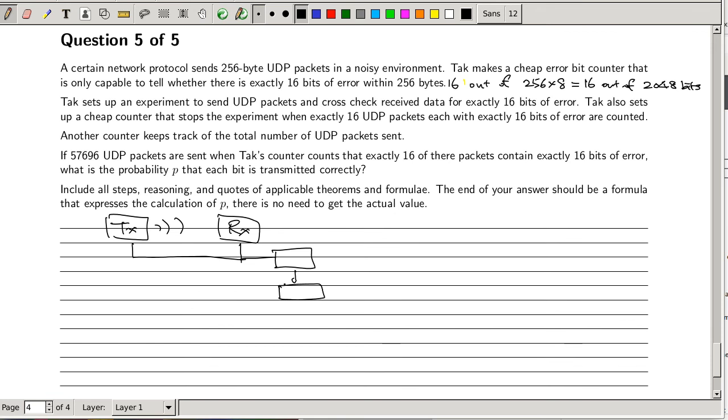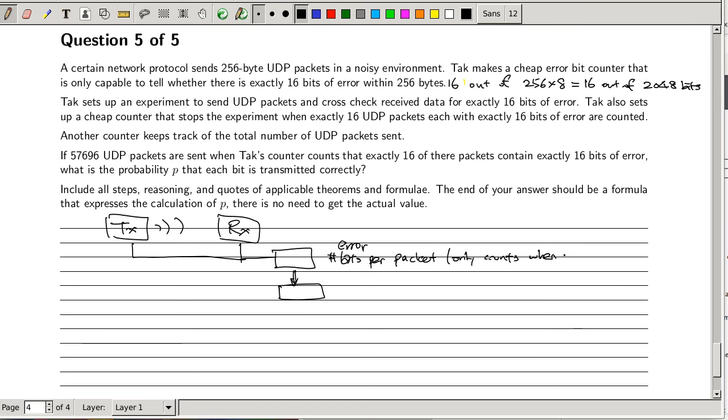So the first counter is counting the number of error bits per packet. But it's not a very good counter, because it only signifies the next step if there are exactly 16 of those. So it only counts